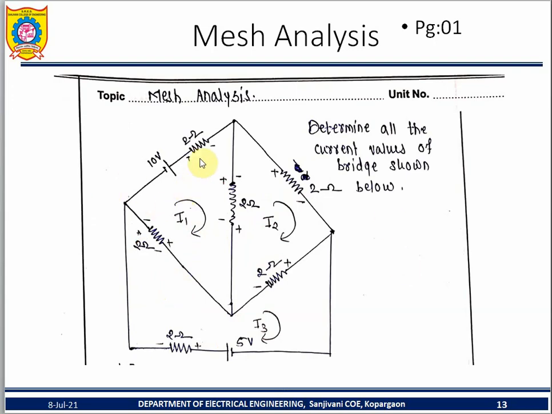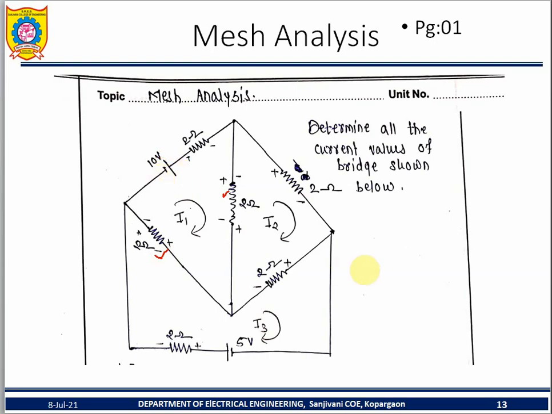Here I will stand inside the room, then start to write the equations. One thing you should be very clear: this 2 ohm is common. But because of the opposite current flow, it is I1 minus I2, similarly I1 minus I3. So let's go write. I am starting with that.